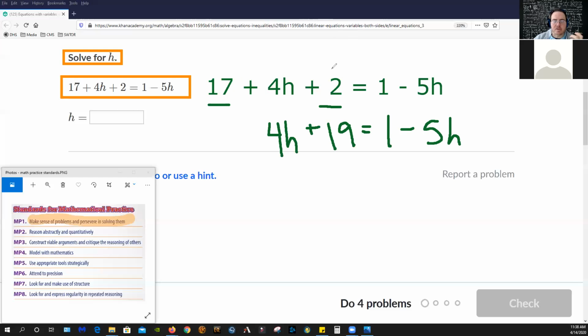Okay. So now in an effort to get all the h's on one side, this is where I'm going to do inverse operations, and this is the part you have to know intuitively. No one's going to tell you to do it. So I'm going to add 5h to both sides. And the reason for that, I'm going to reason abstractly. And the abstract reasoning that I'm going to be employing right now is this: